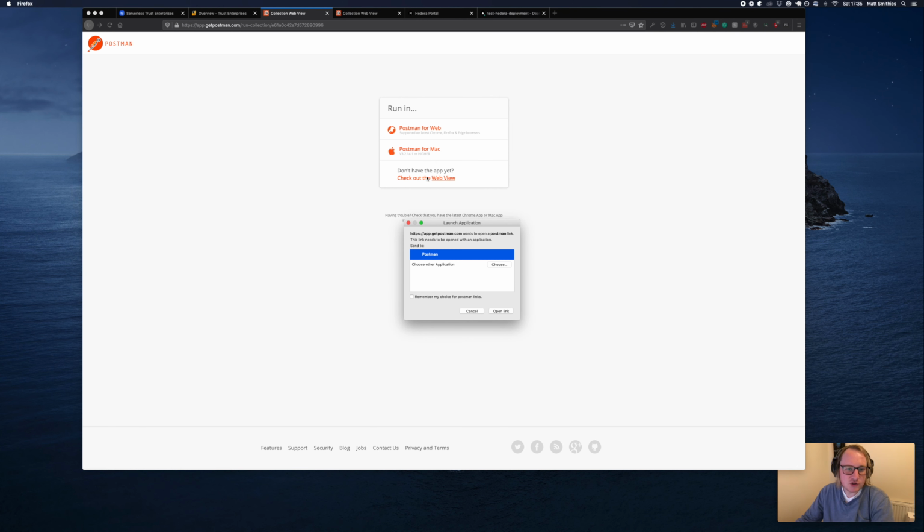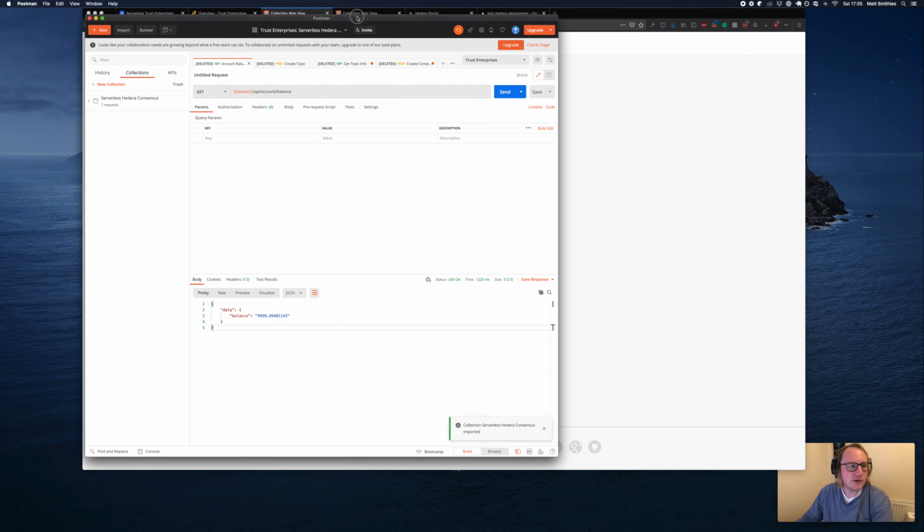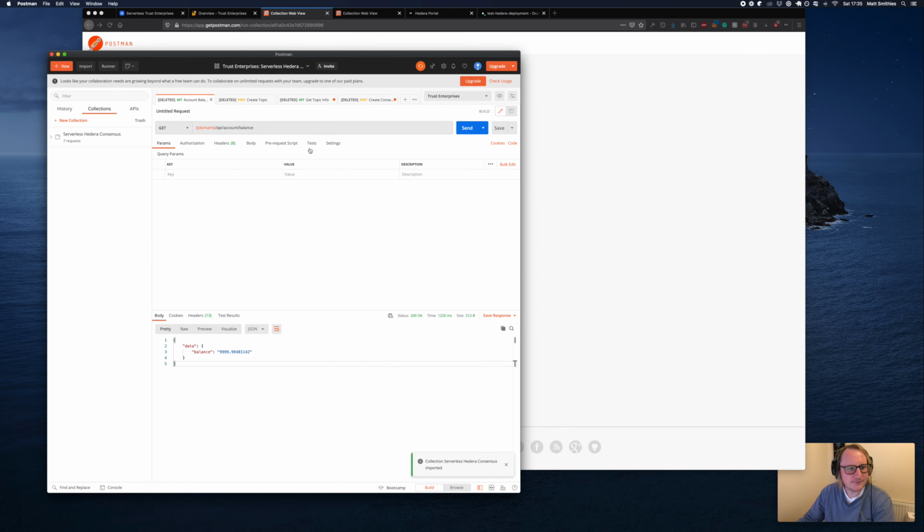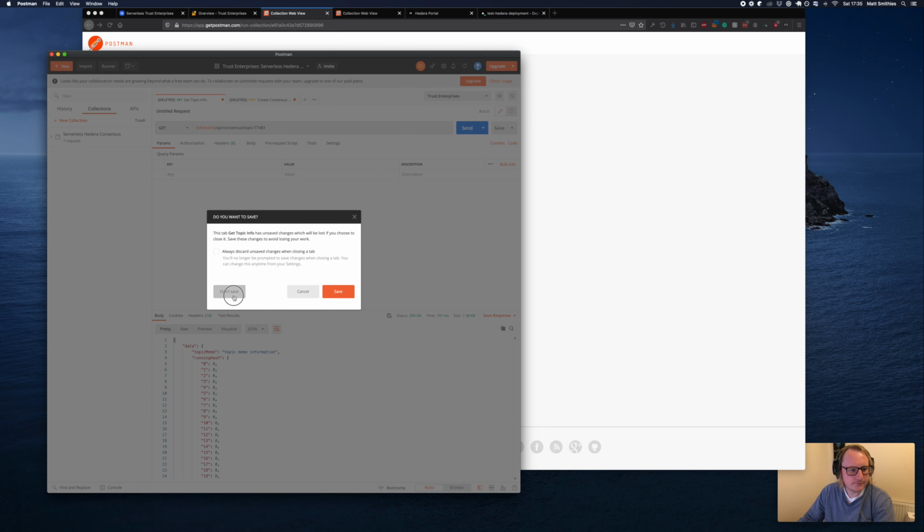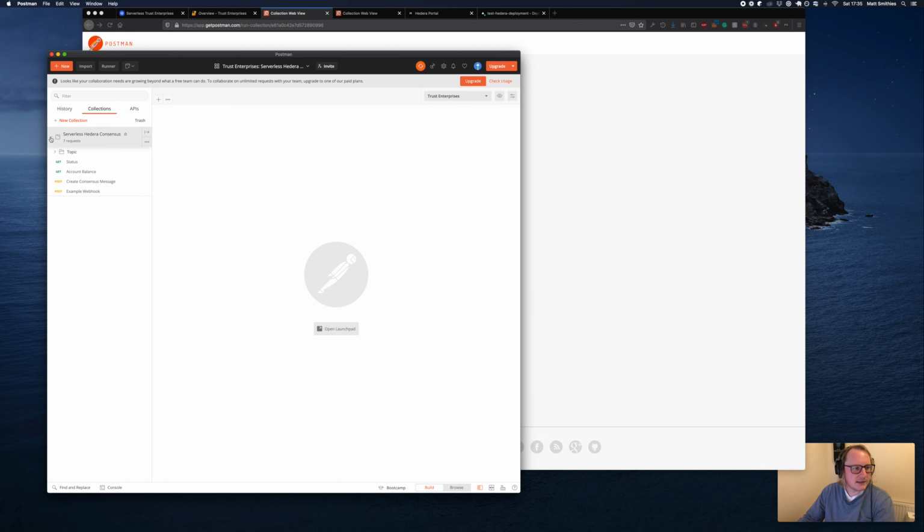This allows you to open up Postman for Mac, if you have a Mac and if you have it installed, or you can just use the web functionality instead. Now, I'm just going to delete these here because they're not required. It imported the Serverless Hedera Consensus Postman collection, which is the Trust Enterprises core REST API. We have a number of